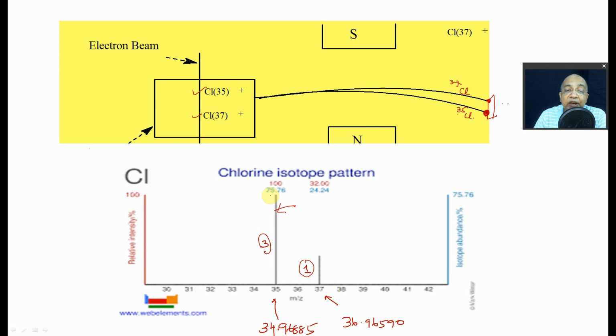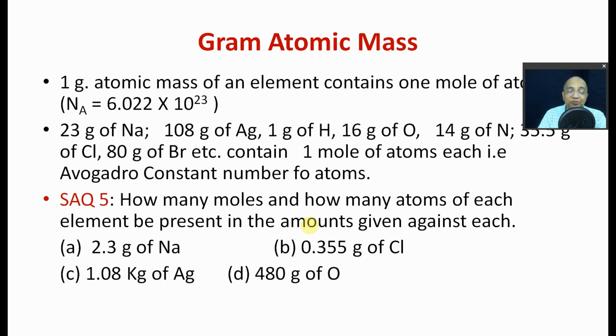And the percentage wise it is 75.76 exactly it is giving. We are approximating as 3:1, but actually it's 75.76 and 24.24, but for simplicity we are taking 75:25 or 3:1 for calculation, right? You understood how atomic isotopic masses and their abundances, if all these two things are known, then